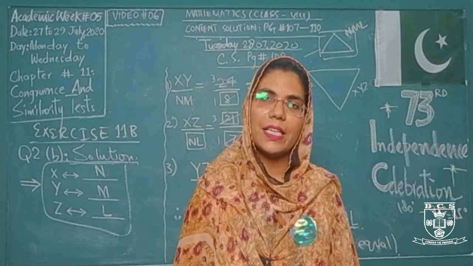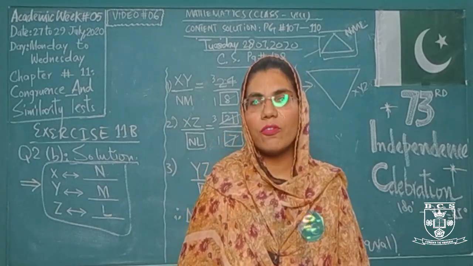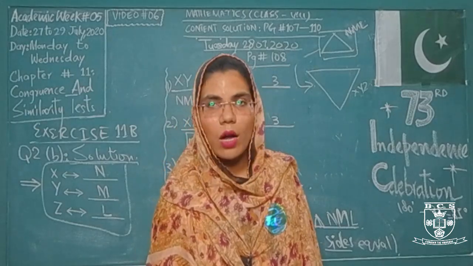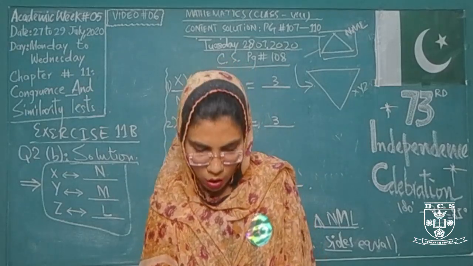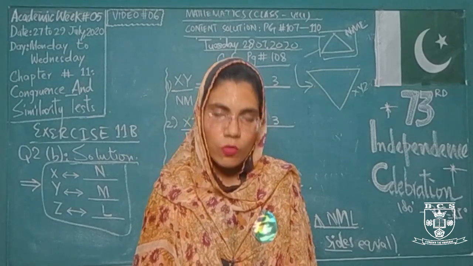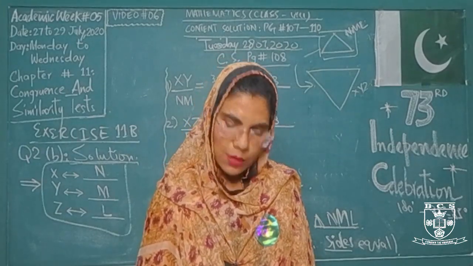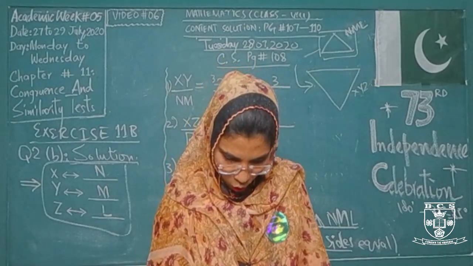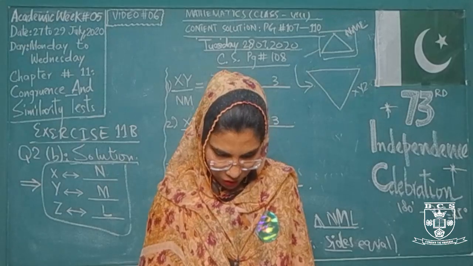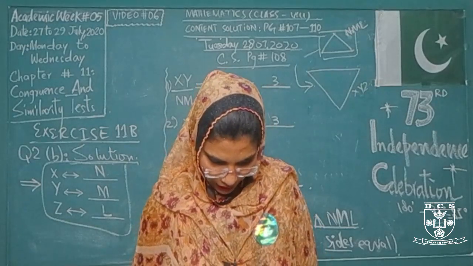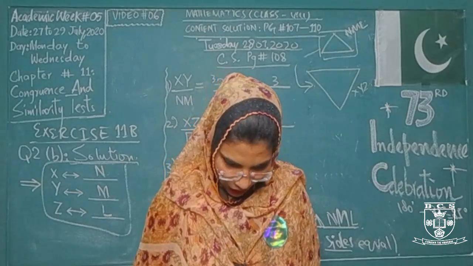They are not showing any type of similarity, not for the first set, not for the second set, not for the third set. So how are they not showing their similarity? You will solve this question yourself and consider these triangles yourself for their similarity, whether they are similar or not similar. After that, we have question number 4 on the same page, page number 371. In each diagram, identify a pair of similar triangles and prove that they are similar.